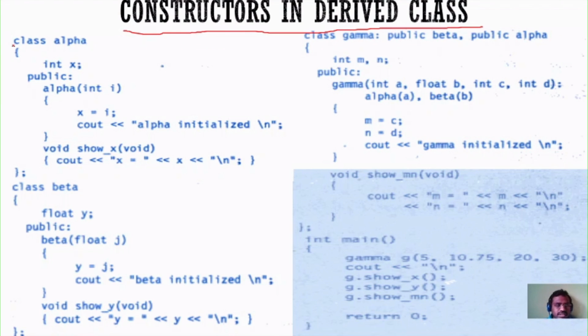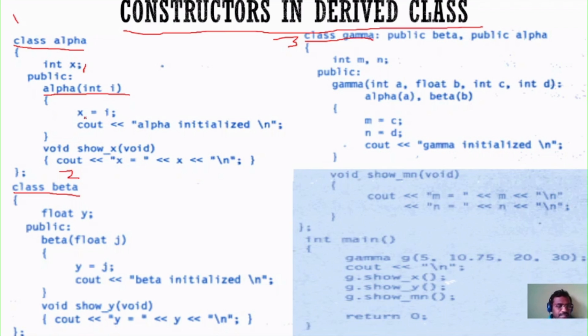Before starting these constructors in derived classes, let us know how many classes are there in this program. The first class is alpha, the second one is beta, and the third one is gamma. So basically there are three different classes: alpha, beta, and gamma. In alpha class we have one private data member called x. To access this x, I am going to create a constructor called alpha. It is going to take a number of arguments. As you know, if there are arguments in the base class, then we have to pass the arguments in derived classes by using the constructors.